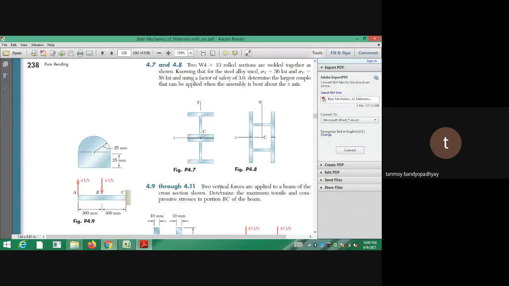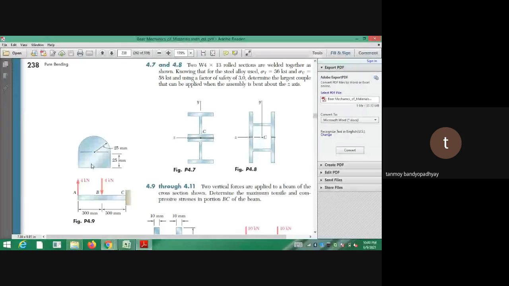As you can see, this is a beam. ABC is the length of the beam. The bottom picture is the top view, this is the front view, and this one is the side view. This is the length axis of the beam, and along the beam some loads have been applied. The loads are transverse to the length of the beam. If the length is the x-axis, the loads are along the y-axis. So y-axial loads are being applied.